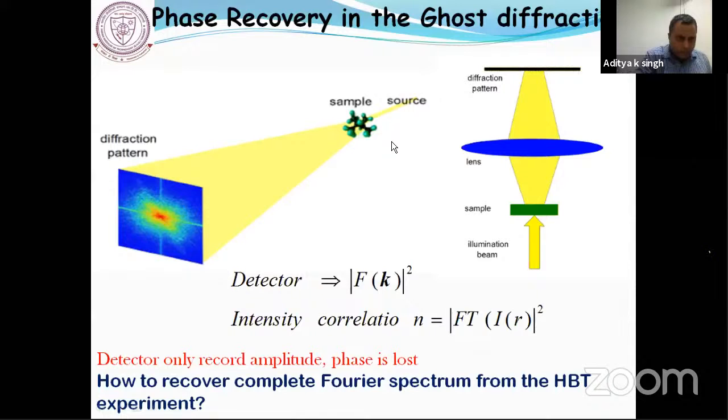One approach, like I mentioned here, is that you measure the information at the diffraction pattern and do the iteration. From the iteration, using an optimization approach, you can get the sample information. But there are certain limitations in the iterative approach. So in our work, rather than going to iteration, we use the interferometric approach to solve the phase problem and get the quantity Fk rather than the modulus of Fk.